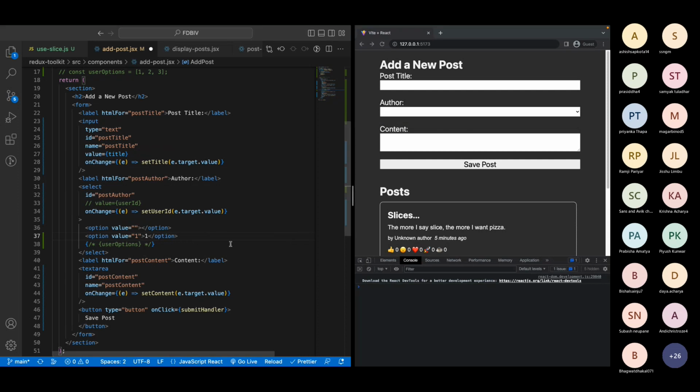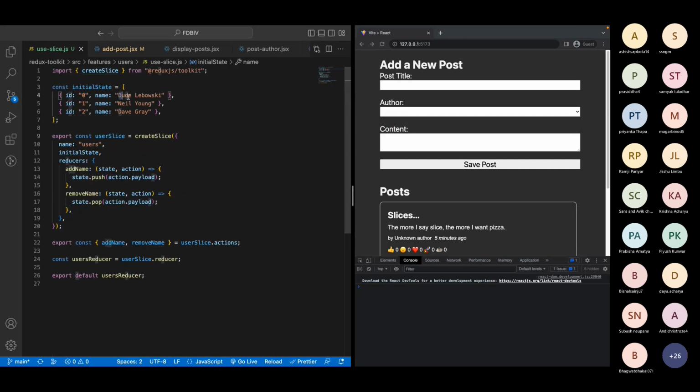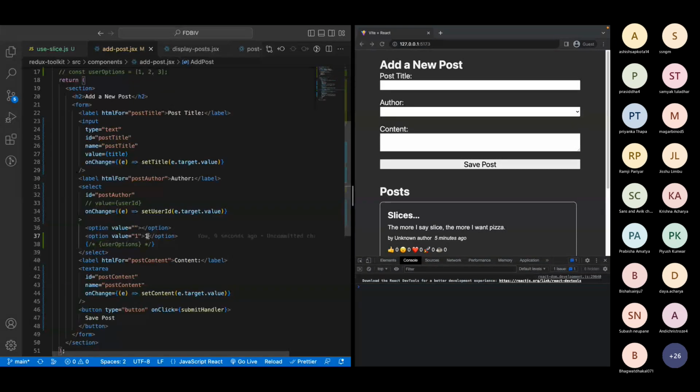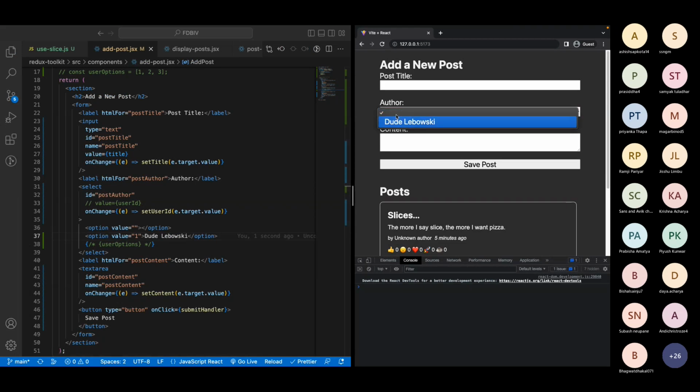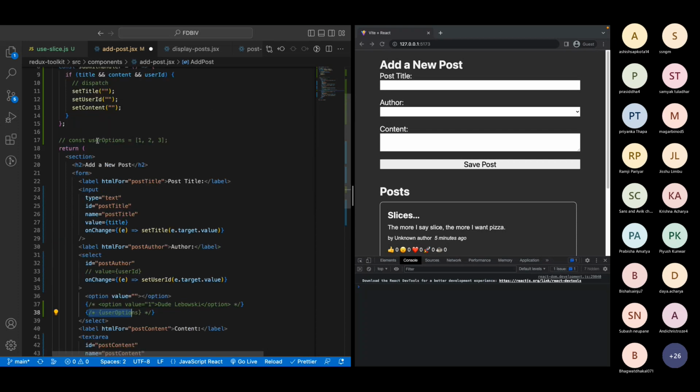Let's display some UI as well. So display 1 here. Instead of 1, you need to display this username actually. Okay, here, username. Then when you click here, you need to see that username. But you shouldn't actually write it here yourself. You need to do that in the user option variable. So essentially, you need to return